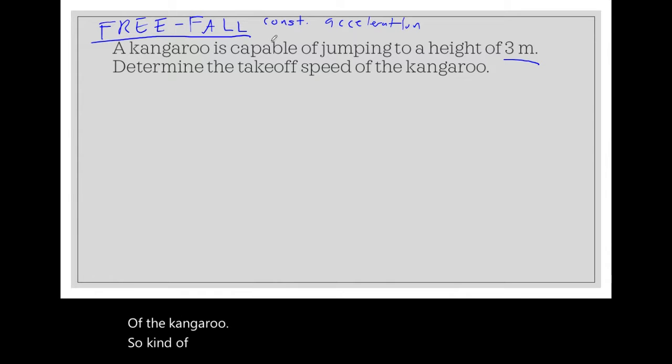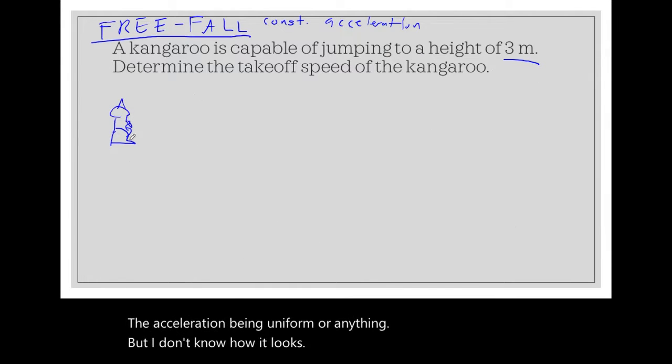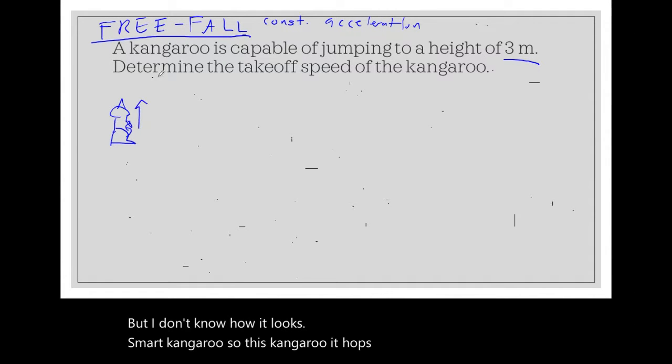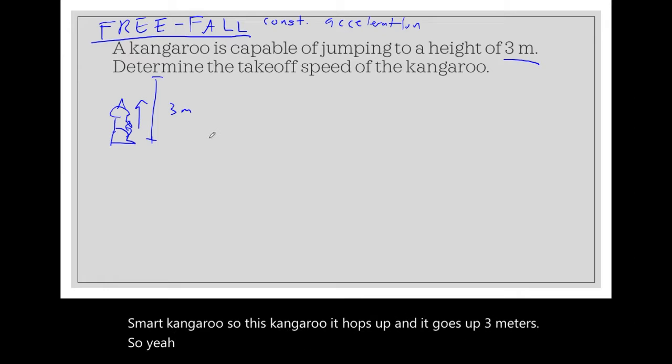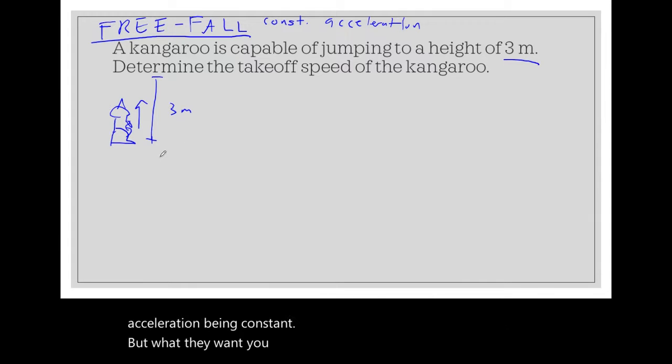Noticing this problem, it doesn't necessarily say anything about the acceleration being uniform or anything, but I don't know how it looks. That's my kangaroo. So this kangaroo hops up and it goes up 3 meters. So yeah, this problem doesn't necessarily say anything about the acceleration being constant, but what they want you to realize is,